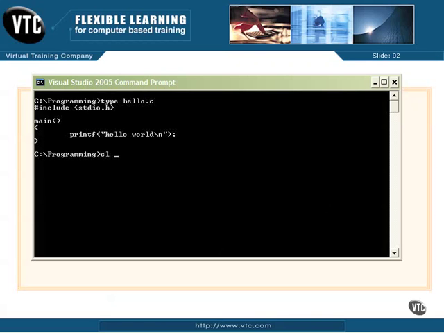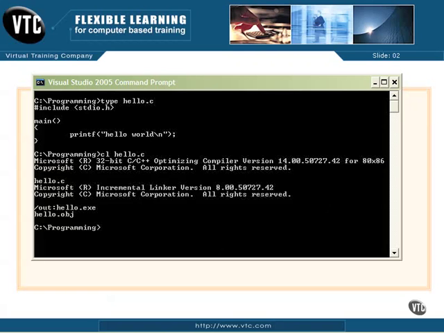cl space hello.c. And there's our compiler starting up. And hello.c was our source code right here that went in. And there's our linker starting up. Remember that we have the compiler creating the object code, which is hello.obj. It's right there. And there's our linker that was automatically started up. And it was told to make the output hello.exe. That's all by default and automatic. And if we do a directory now,